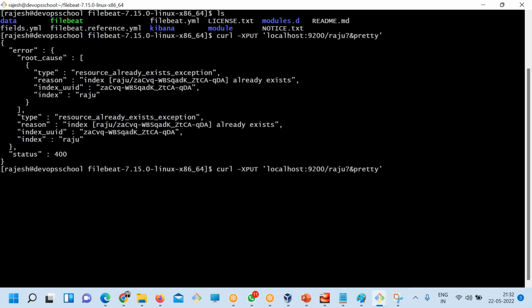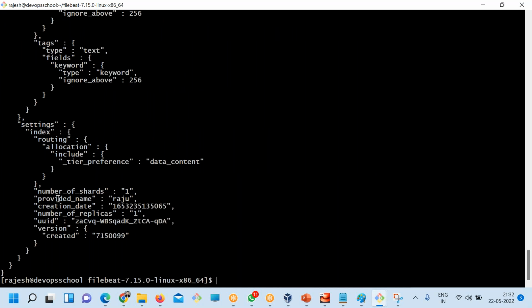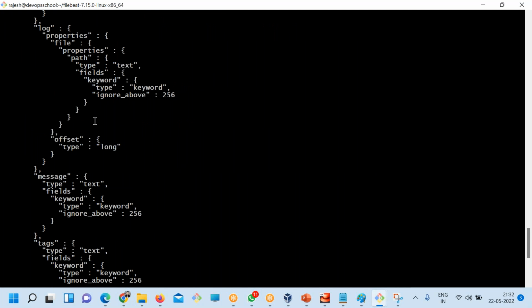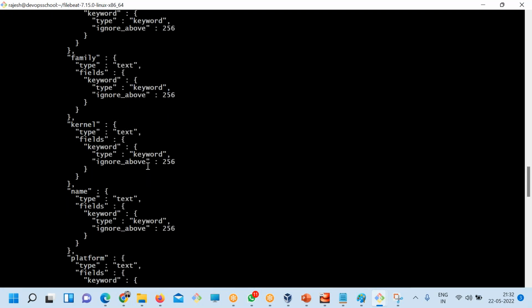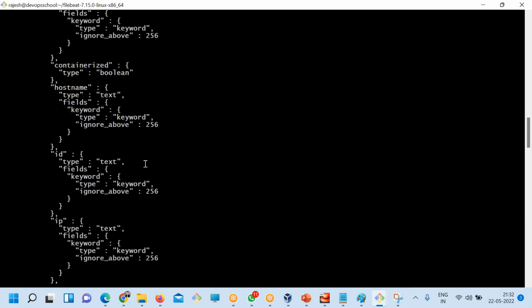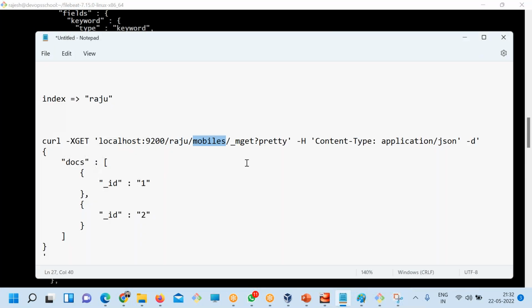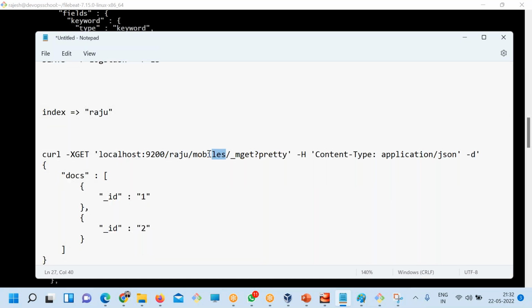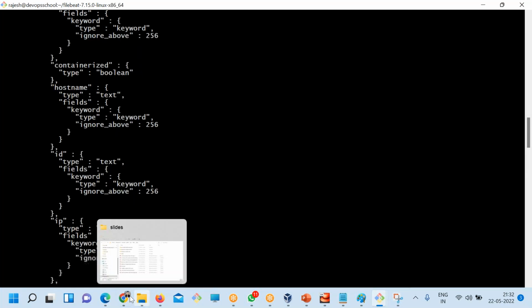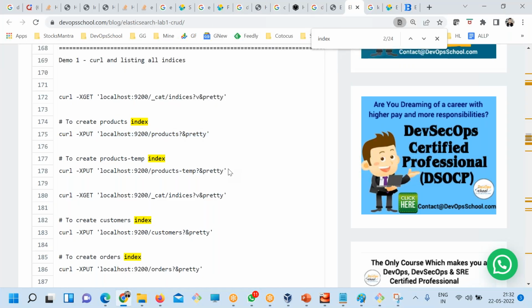So, get, see, put is not right, get. So here, what are the documents? See here. Type is text. I got it. So all of these types are text. Okay, so here what I'm going to do: Raju index, type is text. Now after that I want to see the document ID. So how do we get it? For that,